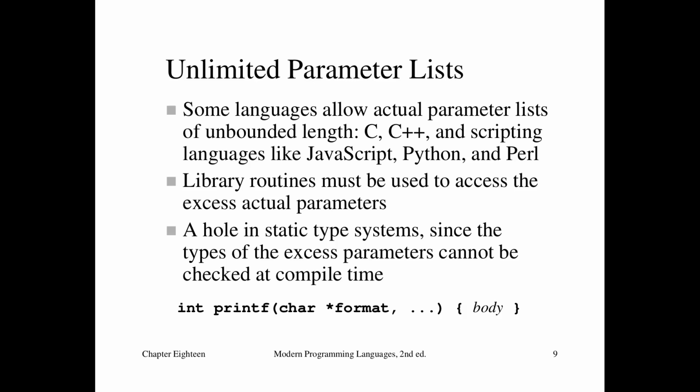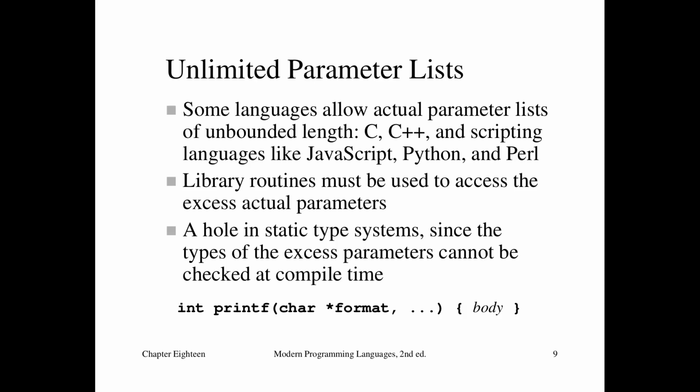Furthermore, we can also have unlimited parameter lists. So some languages actually allow the actual parameter lists to be of unbounded length. For example, C, C++, scripting languages like JavaScript, Python, Perl, Java, Groovy, Ruby. I think pretty much most modern languages allow this. And then you have to have some way of accessing the excess actual parameters, right? And so